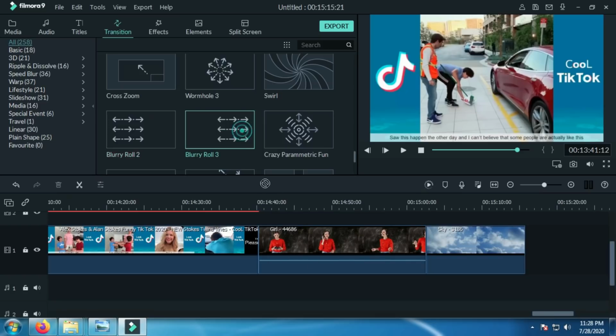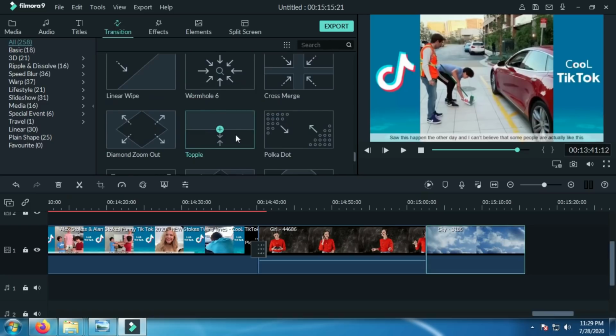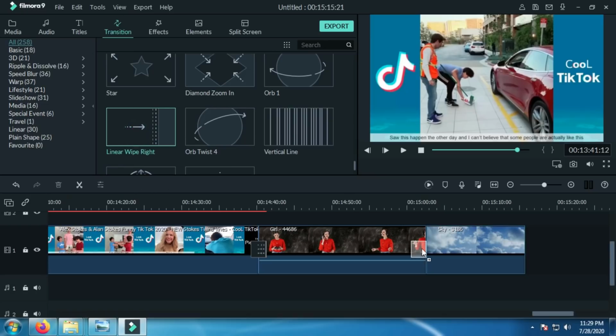This one is okay, I think. This one is not suitable here. This one is also not supported for this. I'm choosing this one, also not supported.